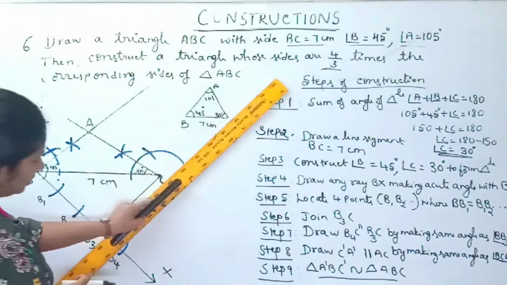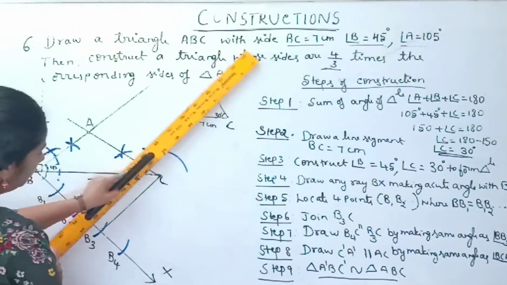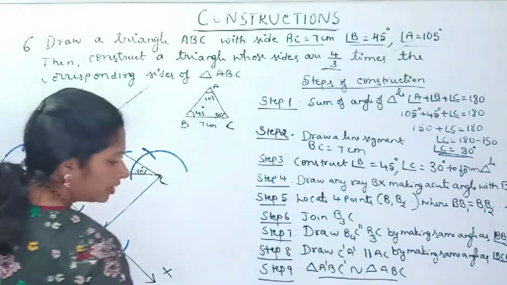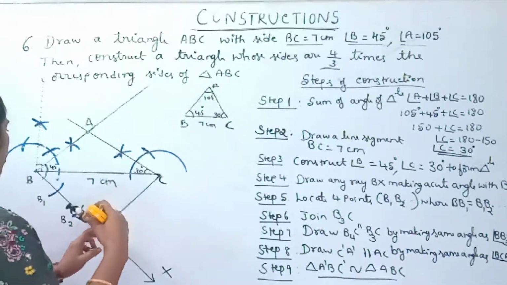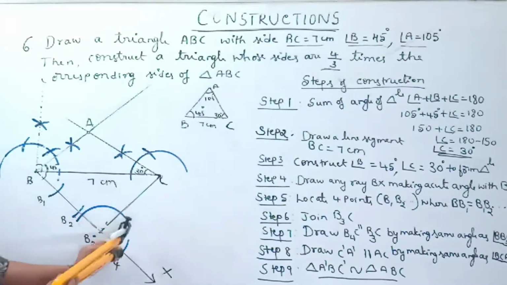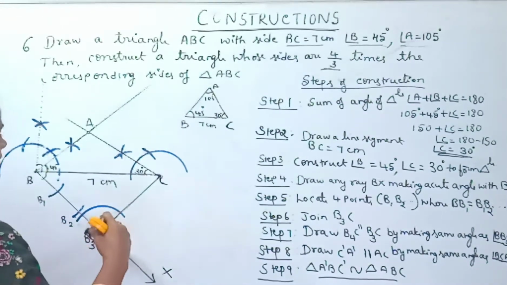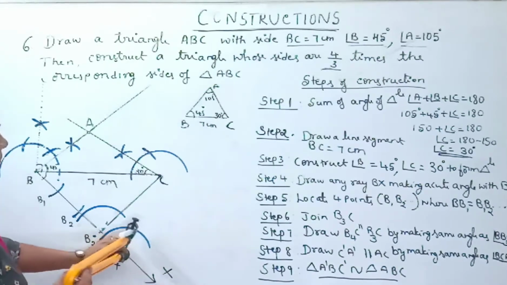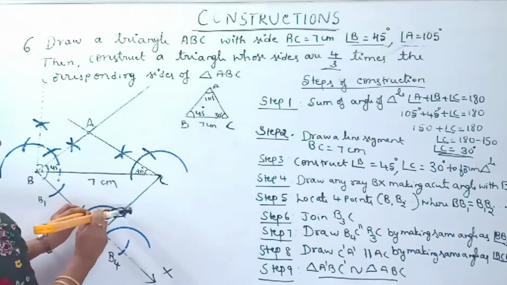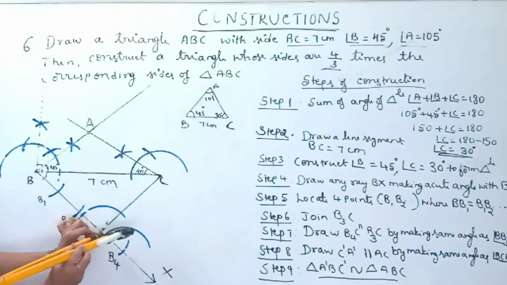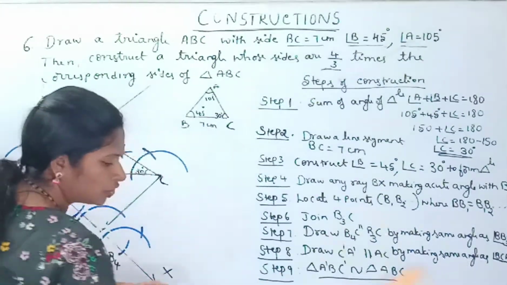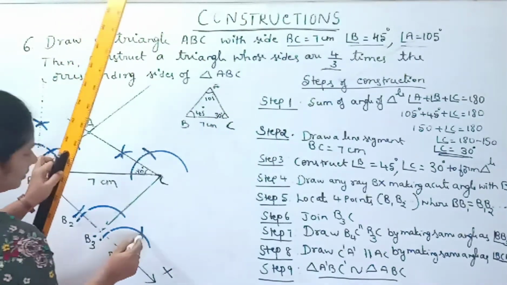Now we have to construct a line at B4 which is parallel to B3C. We have to draw a line like this, children. How to construct? Keep your compass at point B3 and draw one arc like this. Same measurement. Keep your compass at point B4. Draw another arc like this. Now we have to measure the angle formed between these two lines. Measure the angle. Keep your compass on that arc and cut that arc. Now we have to join B4 and this point.